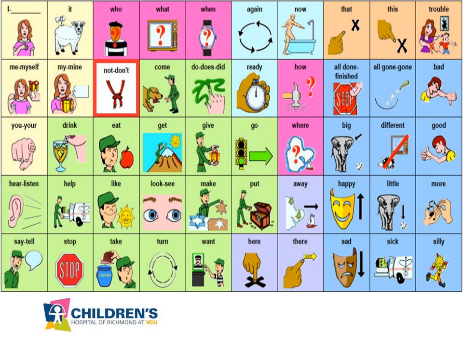So when we use aided language input, we're basically pointing to the words on our child's system as we say them. We're still talking to the child verbally or the way we usually would, but we're pointing out or using words on their device as they come up in our verbal speech.